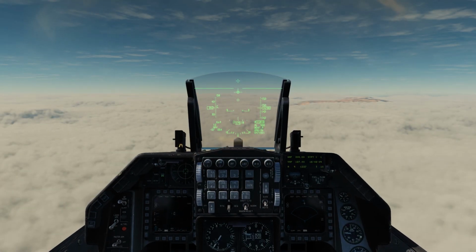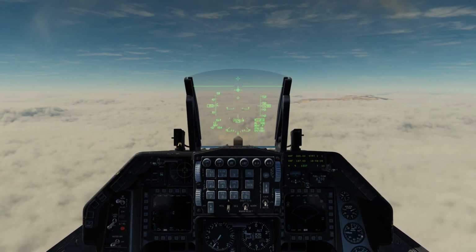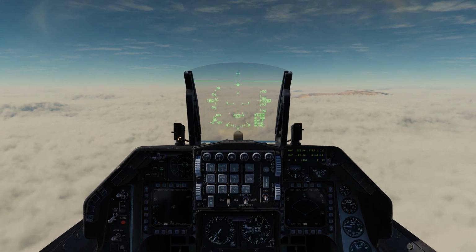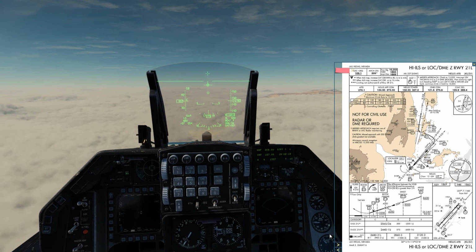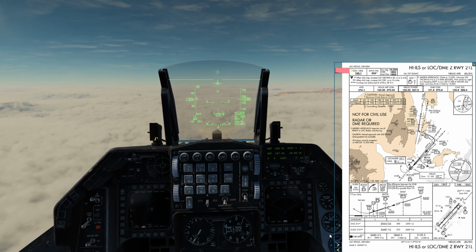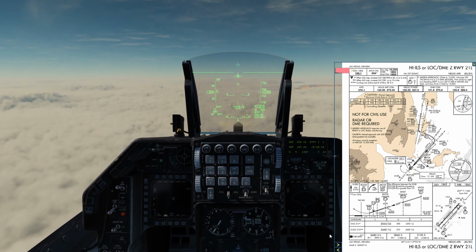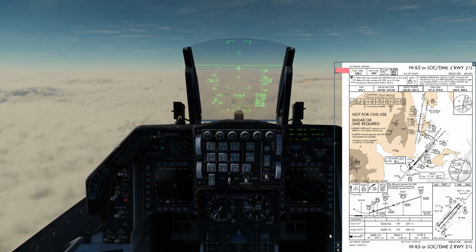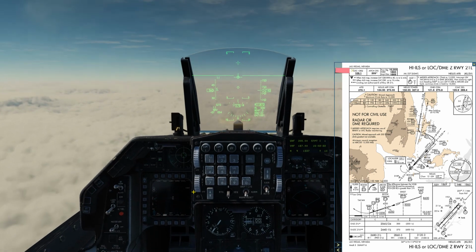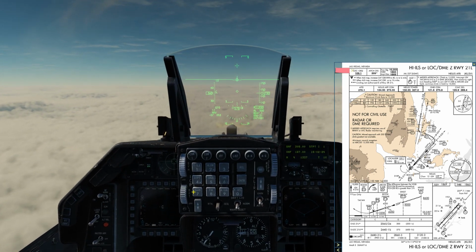Alright, so now we are going to execute the approach that we briefed. So, I have pulled up the ILS approach that we briefed and that we're going to use. So let's unpause. Alright, so we're going to use altitude hold, and we're going to set in the information we